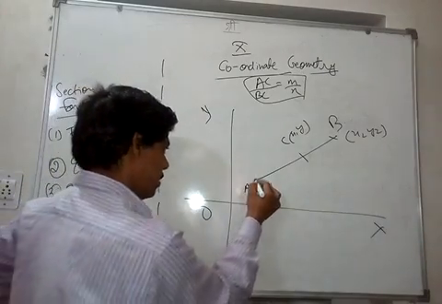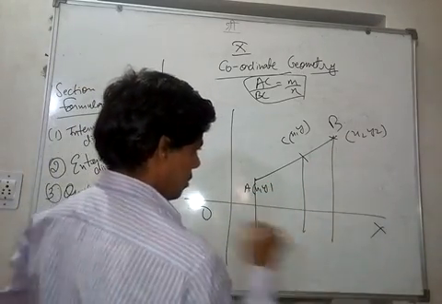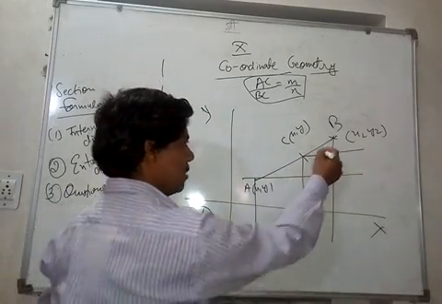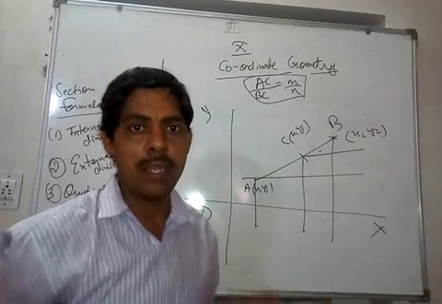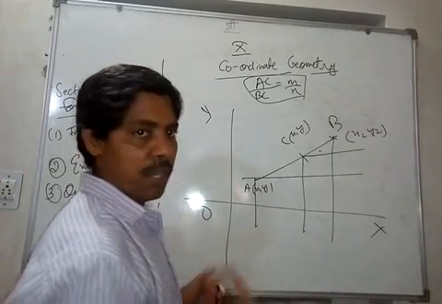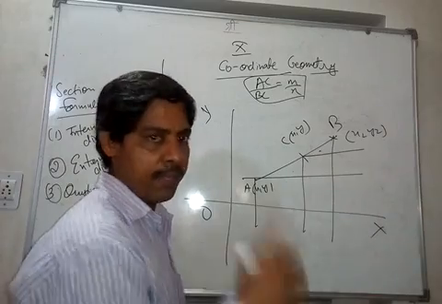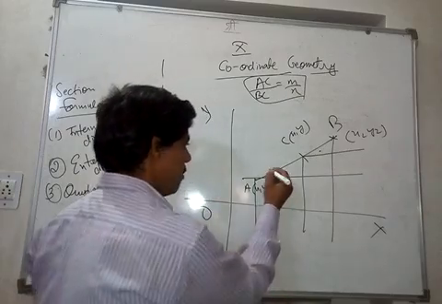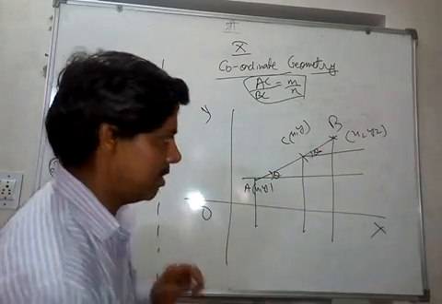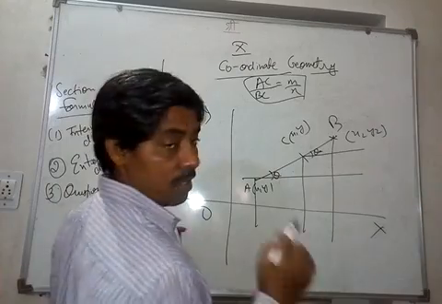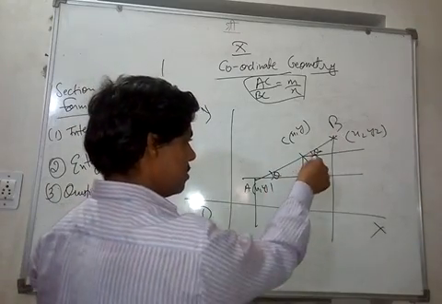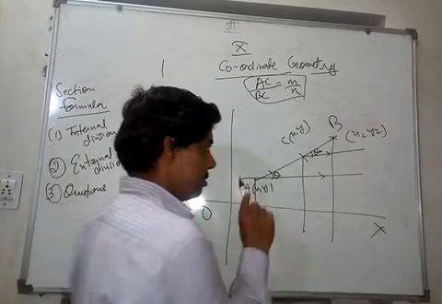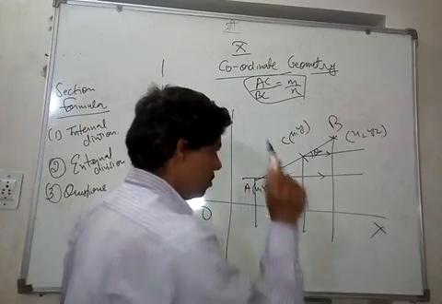Now how to derive? We will draw parallel lines along the x-axis and y-axis like this. Okay, so we'll get these two triangles, and later on you will realize that they are called similar triangles. Right now you can do it by trigonometry, later on you can do it by similarity also. Just like you have congruency of triangles, you have similarity of triangles. So here you are having theta, and here also you are having theta. These two angles are equal because, as you can see, they are with this transversal. These two lines are parallel to the x-axis. So these are corresponding angles, and corresponding angles are equal. So this is theta, this is also theta.